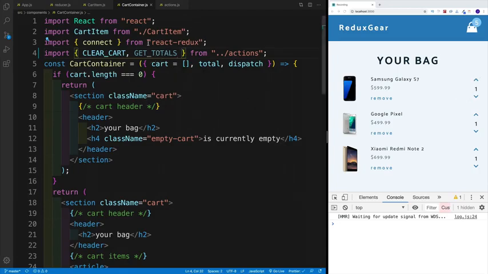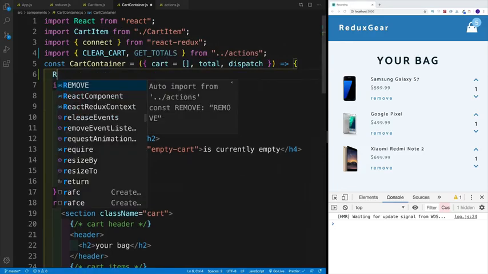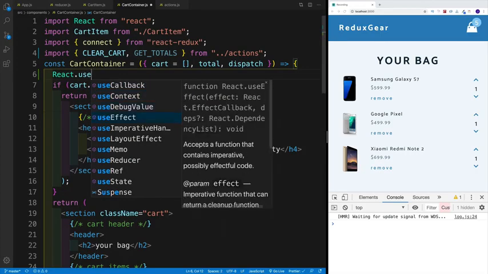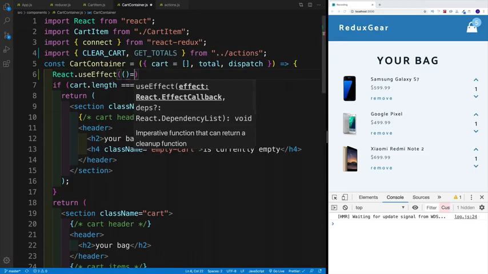we could just recalculate our totals. And what's really cool is that in React, we have our hooks. And the hook that I would want to use is useEffect. Now, of course, we can import that useEffect hook directly, or I can just type React.useEffect. And since I find it faster to skip importing, I'm going to write React.useEffect. Now, as far as the useEffect hook, we need to pass in the callback function that will run each and every time